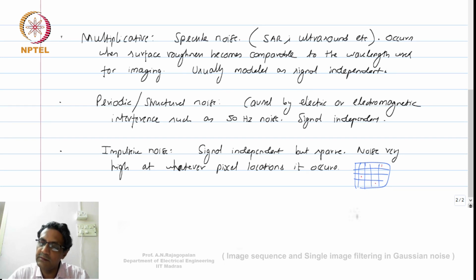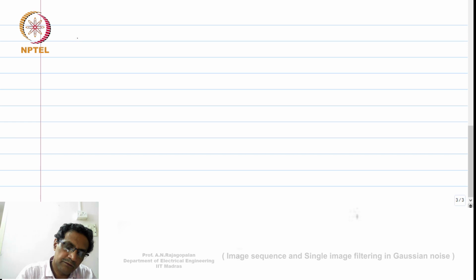It's going to be sparse, but wherever it occurs, it will change the intensity value there significantly. The source of this is more like errors in a digital link,